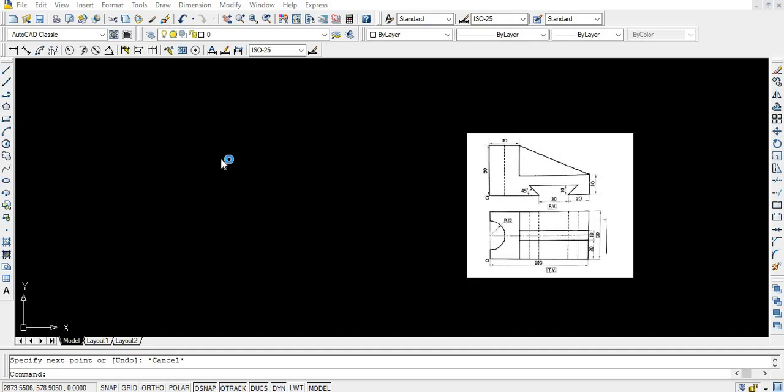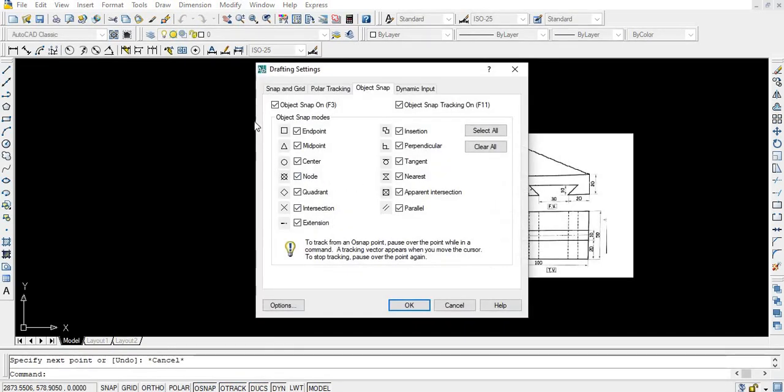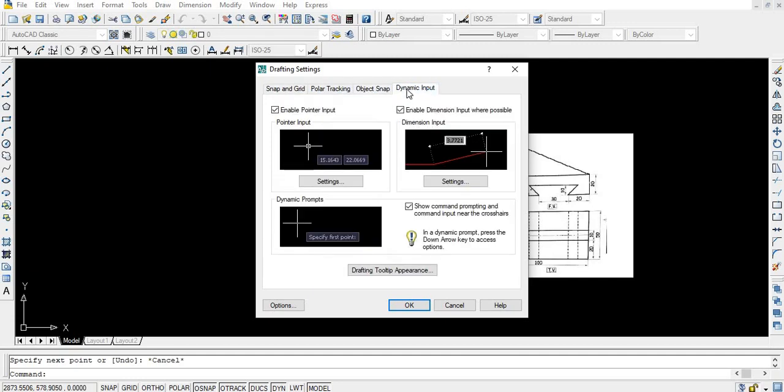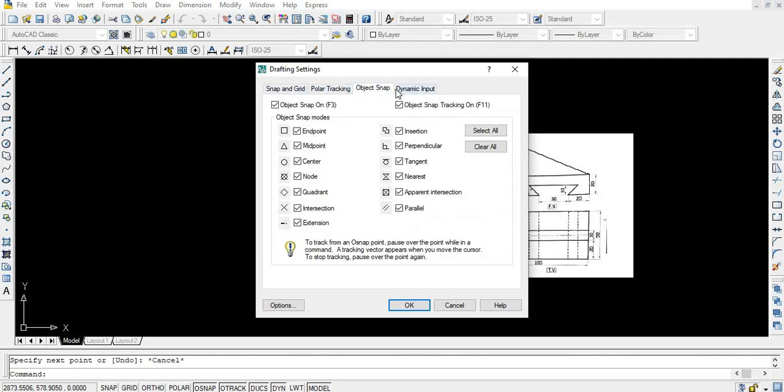First of all, right click on the OSNAP mode, then go to settings. In settings you can see many options: snap and grid, polar tracking, object snapping, and dynamic input. Out of these four options, we have seen the object snapping option earlier.